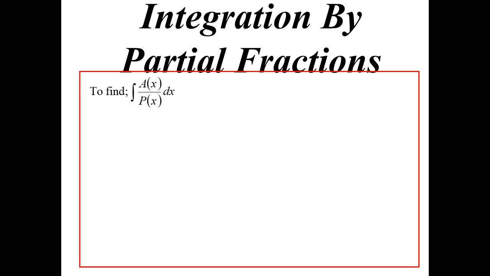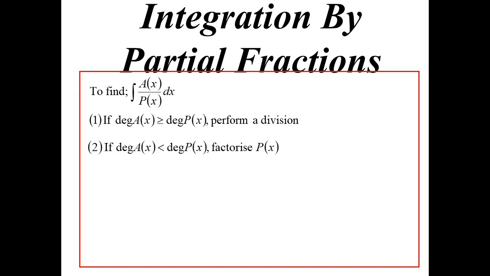The idea of partial fractions. So when you have a fraction involving rational functions or polynomials, how do we approach it? Well, if the degree of the numerator is greater than or equal to the degree of the denominator, first thing you do is a polynomial division. Now once you've done that, so once you've got that degree less than the degree of the denominator, factorize the